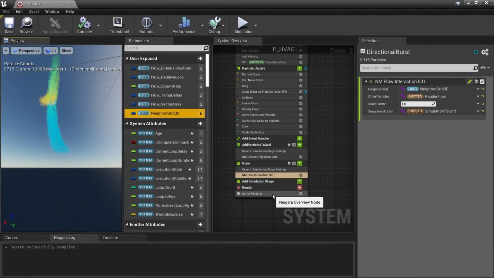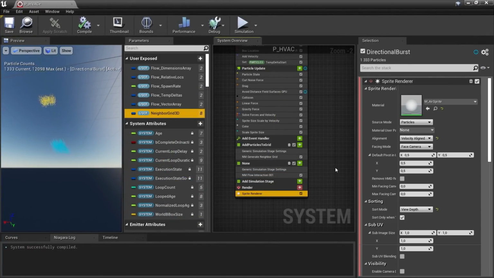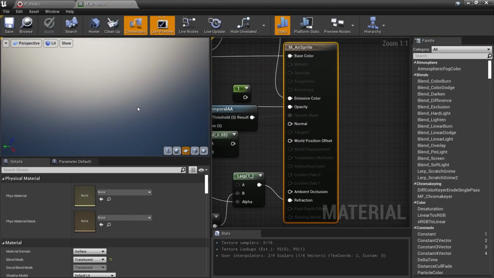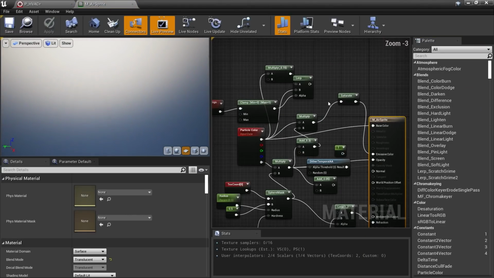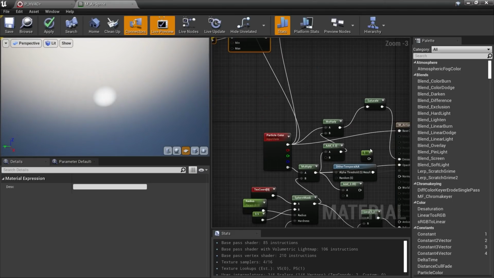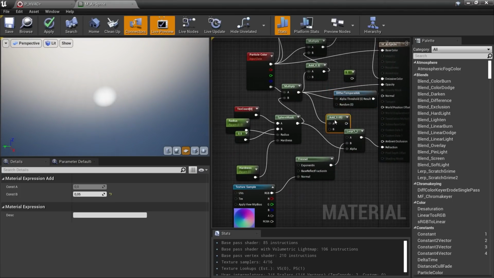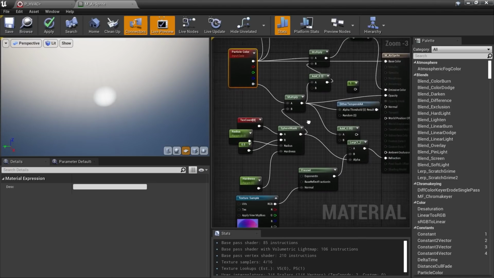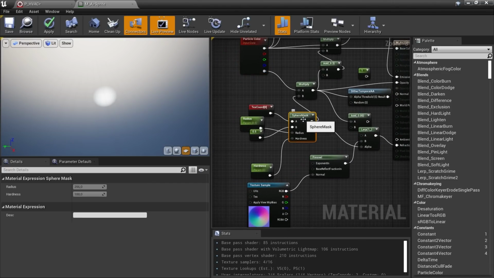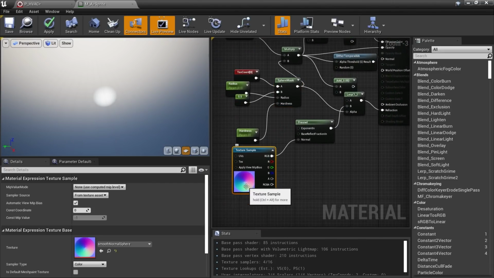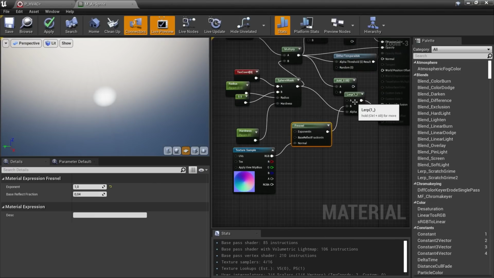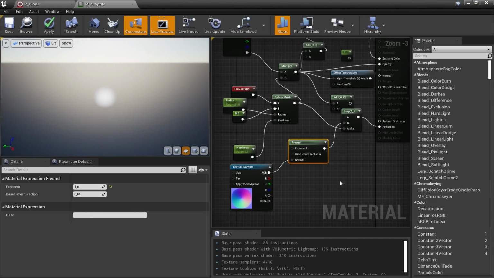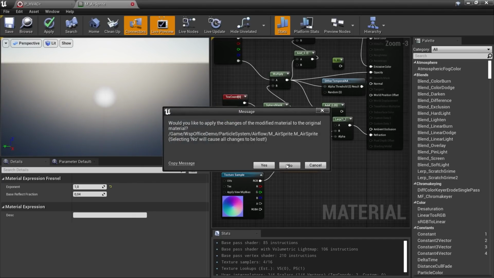And then finally there is a sprite renderer. This one has a 2D sprite that's drawn on a plane. Again, there's some stuff that's not being used in here. This is not being used, this is not being used, this is not being used, but particle color, and then opacity through a sphere mask, and then there is a texture that's being used for the refraction, so that it has some subtle refraction effect, but again, not too complicated.